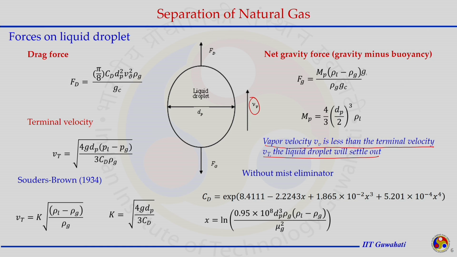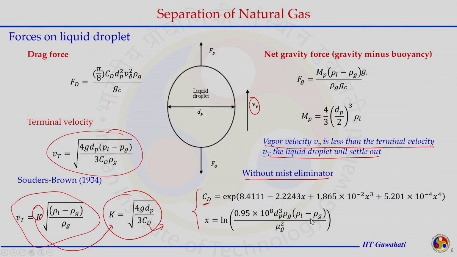We are showing this just to say the empirical correlation has some fundamental basis, but this is for a very simple case, where the liquid droplet is moving upward in a vertical column, is considered spherical, and accessories inside the column, like the plate, were not considered. We will see this force balance and its aspects when we design two-phase and three-phase separators in the next class. We will discuss in a little more detail.